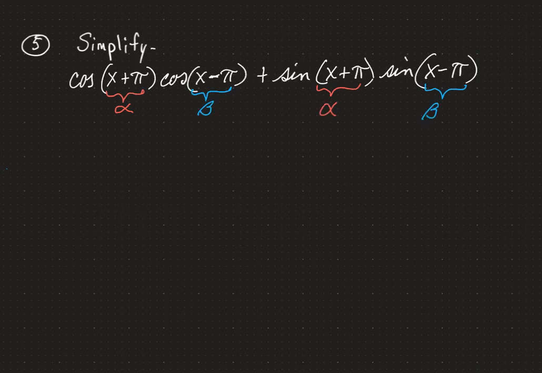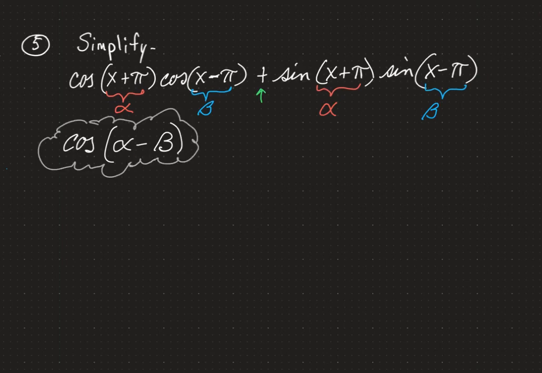Now, which trigonometric sum or difference has the pattern cosine cosine plus sine sine? Well, that would be the cosine of alpha minus beta. Because remember, the operation is different when you're dealing with cosine. So this is the pattern that I'm recognizing,